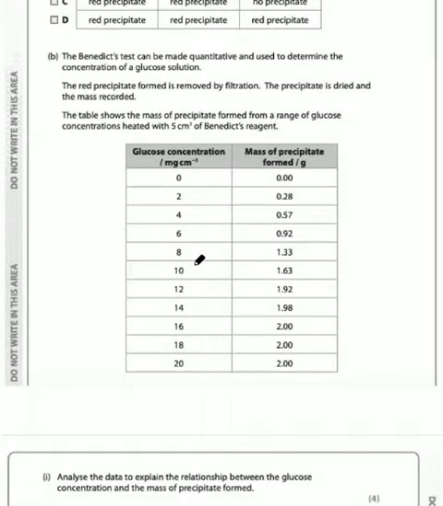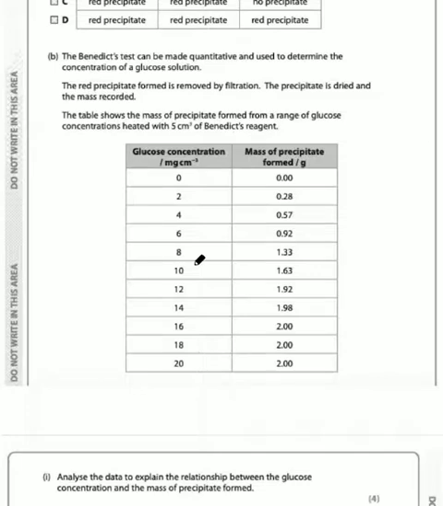The Benedict's test can be made quantitative and used to determine the concentration of a glucose solution. The red precipitate formed is removed by filtration. The precipitate is dried and the mass is recorded. The table shows the mass of precipitate formed from a range of glucose concentrations heated with 5 centimeters cubed of